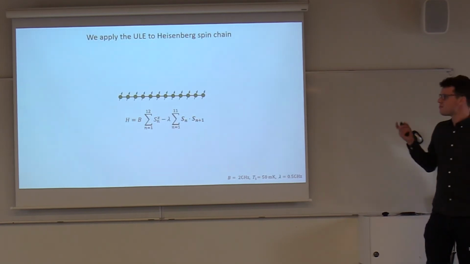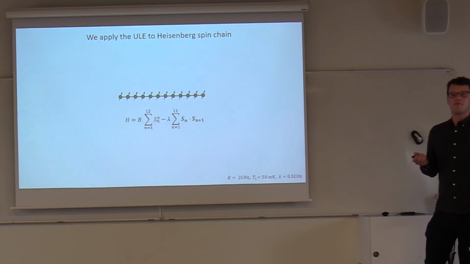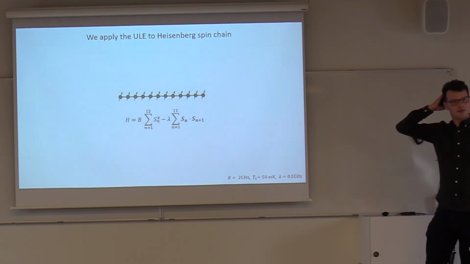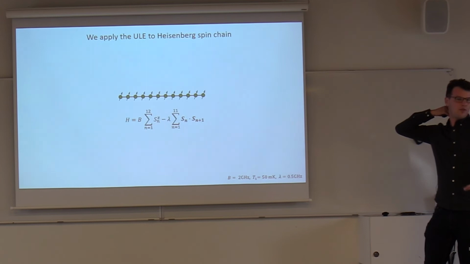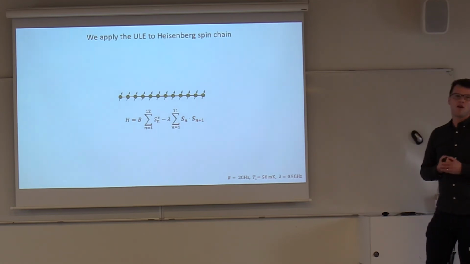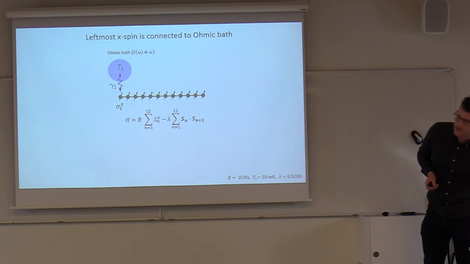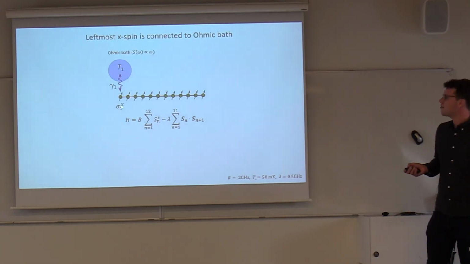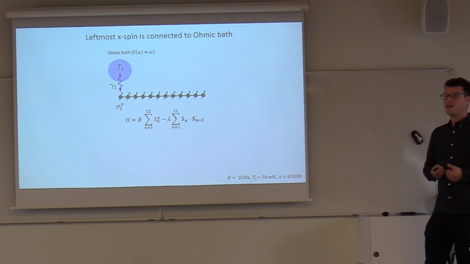Now I'll show this quasi-locality. Just to give a demonstration, we can take a Heisenberg spin chain of 12 sites. So it has a Hilbert space dimension of 1024. That would be very hard to solve using existing methods, and the quantum optical master equation would not be possible to use because it has so many levels. We take and connect the outermost site to a bath,